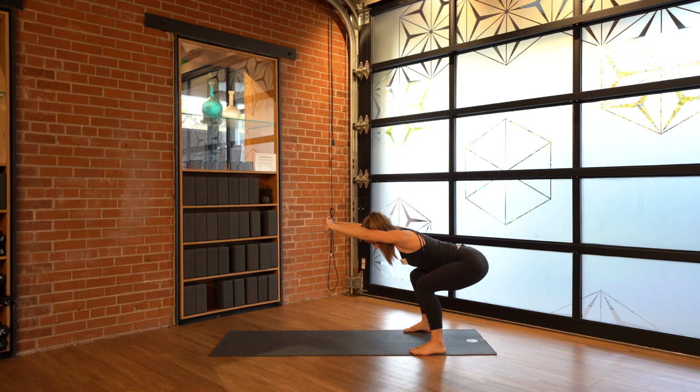Draw your navel up and in. The knees are bent 90 degrees. Your gaze is directly down. Your palms are pushing forward. Your tailbone is reaching back. 3, 2,